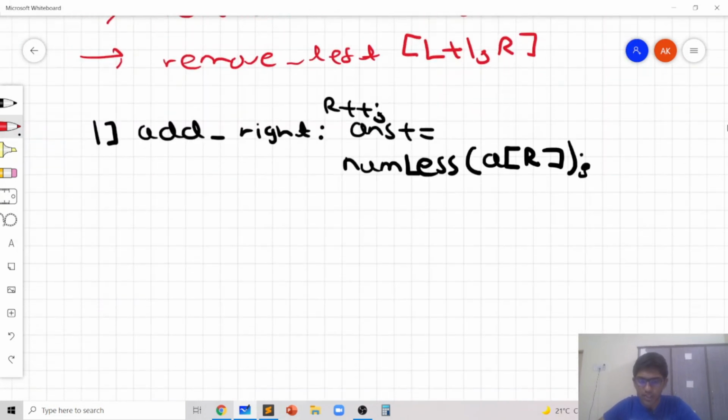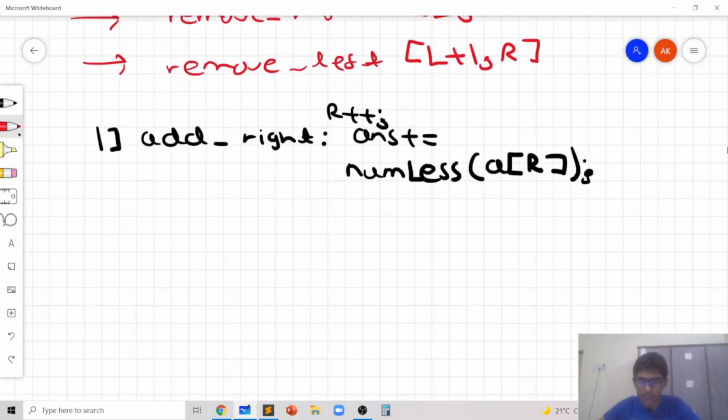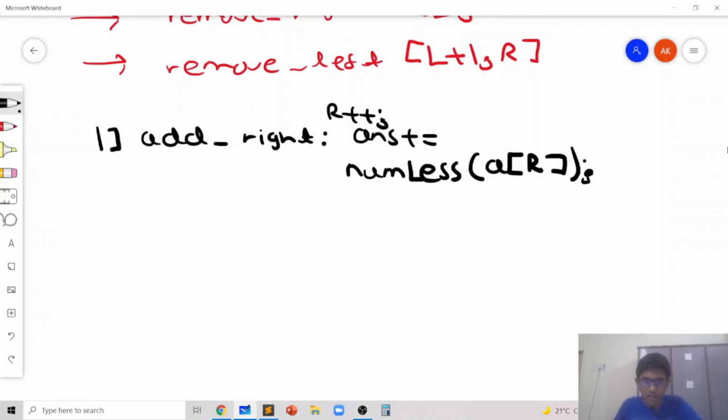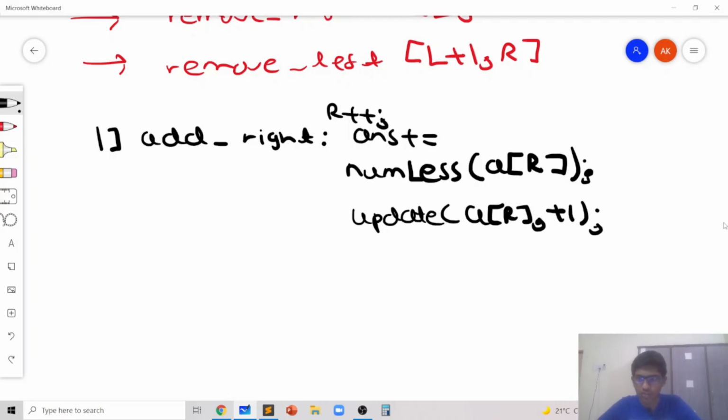So we just increase the answer by numless of AR in the first case, and we also increase the number of elements. So we increase total by 1 because total represents how many elements there are in a binary index tree. And then we also perform an update on AR by plus 1, because our binary index tree shows the frequency.